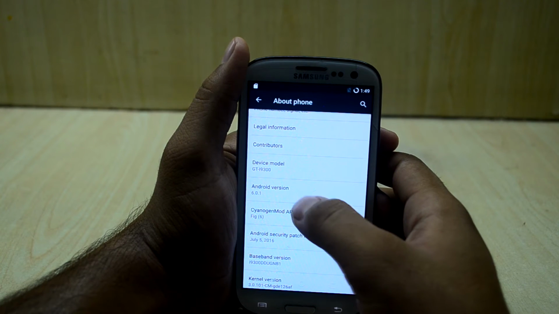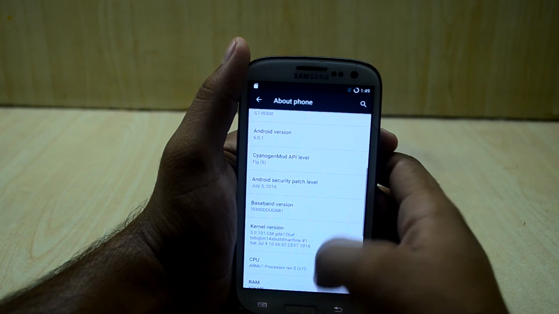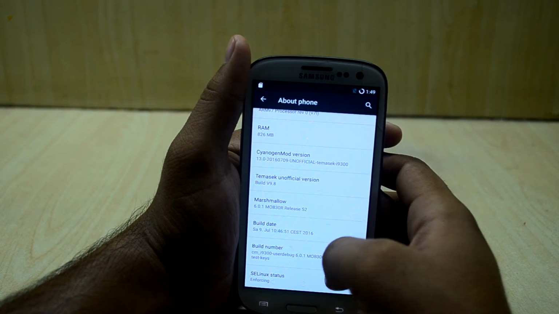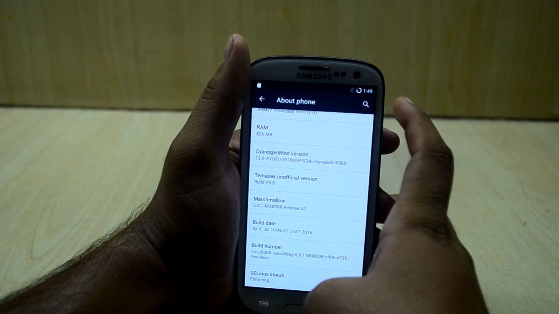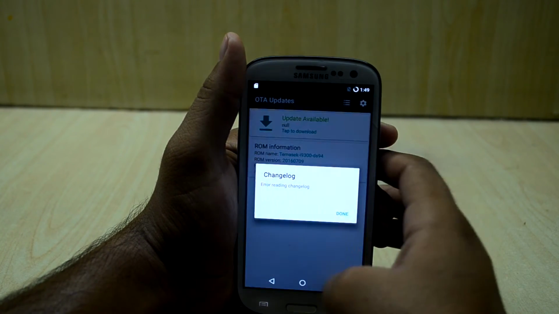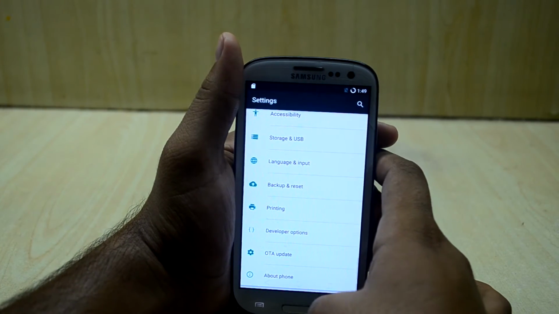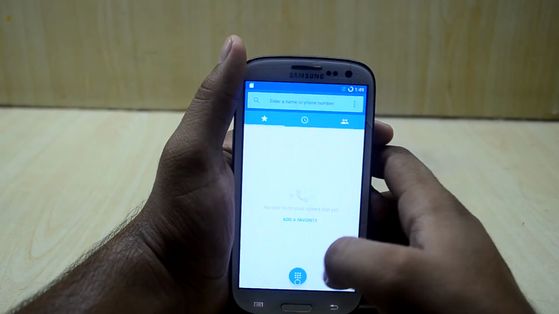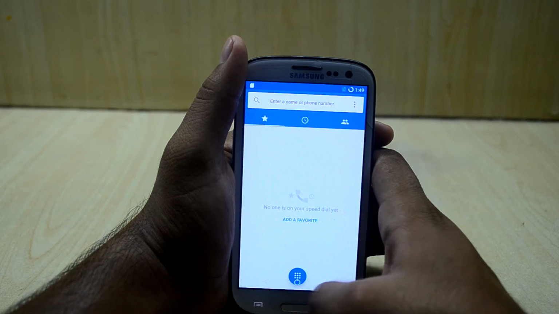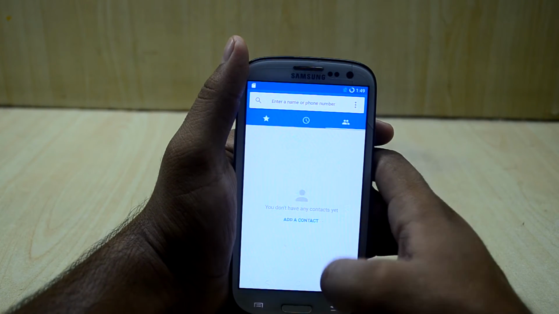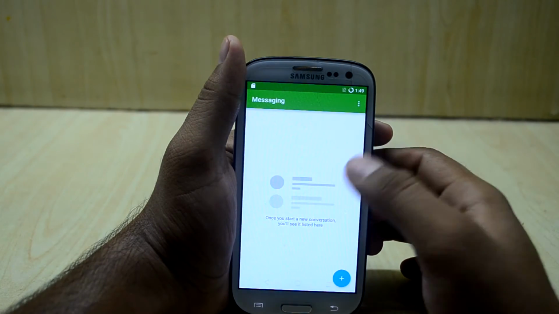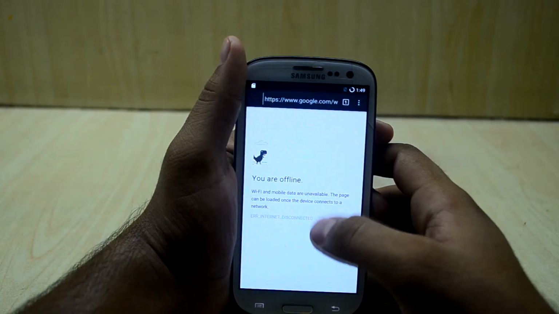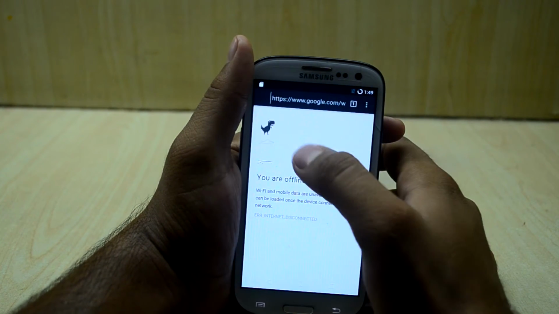And you can see that the Android version is 6.0.1, which is Marshmallow, and as we can see, the build version is 9.8, and as you can see, the kernel is enforcing. And you also have the OTA update app. And let's get into more apps now. And you have the phone app, AOSP based, and you have the call log, you have the contacts, you have the messaging app here, just like the stock Android. You have Chrome over here with the dinosaur game, as you can see,